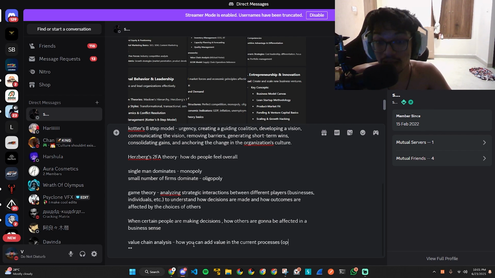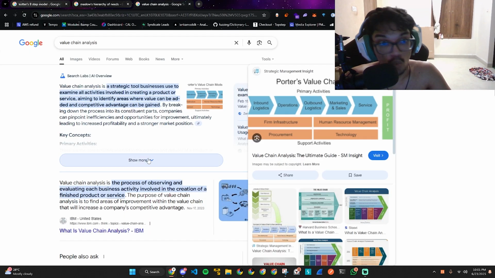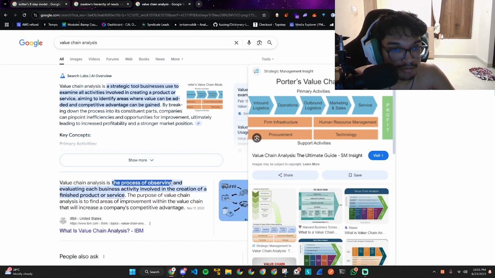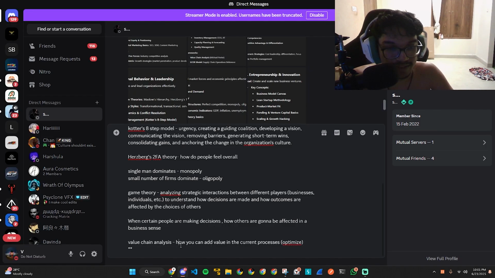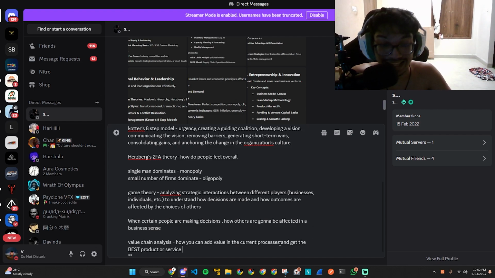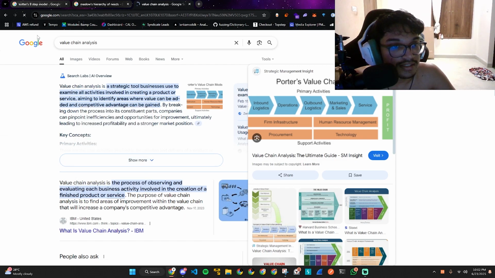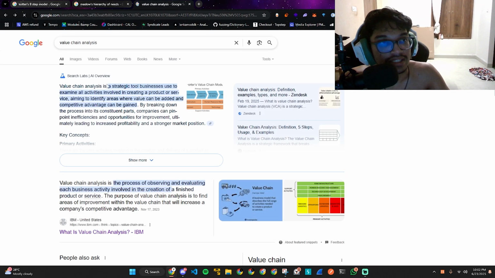Some people call it optimize. The formal definition: the process of observing and evaluating each business activity in the creation of a finished product. Exactly, how you can add value in the current processes to optimize them and get the best product or service out to the people. That's literally all of it.